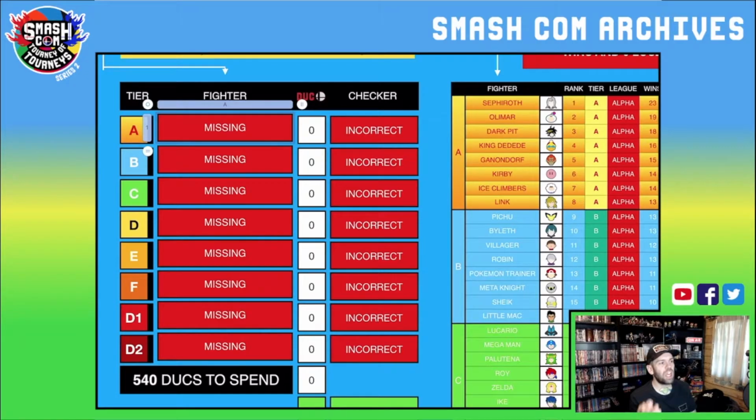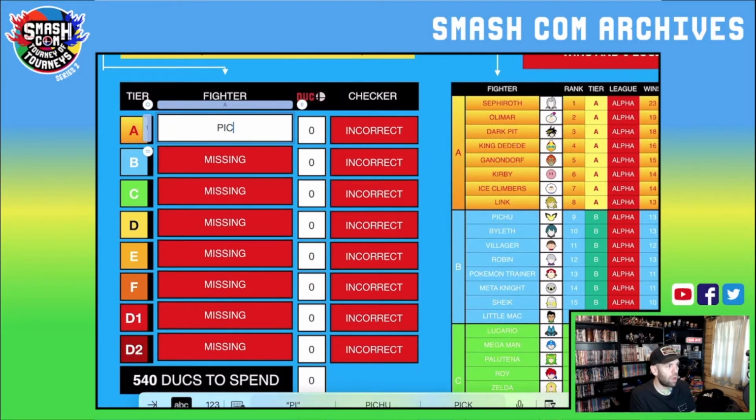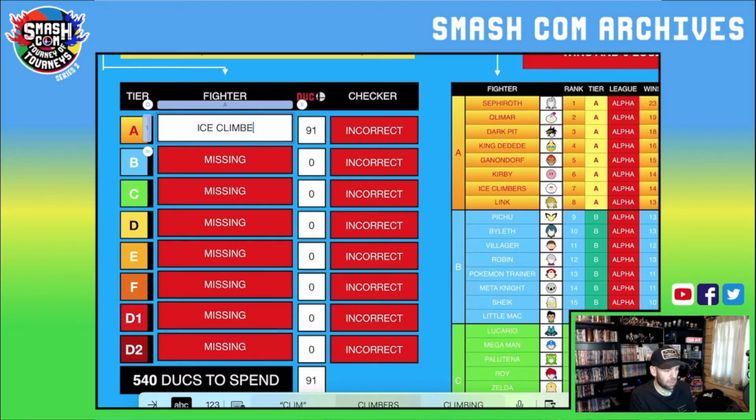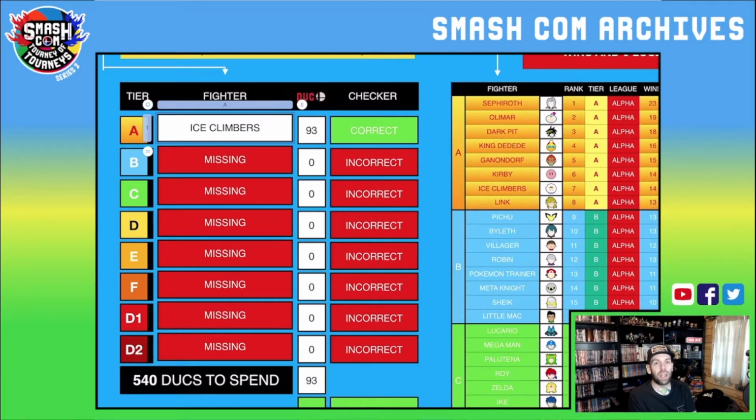So we're going to start with tier A, which is the gold one to the right. Now if you type, for example, Pichu, who as we can see below tier A is in tier B, it will tell you that it is incorrect still, because you picked from a wrong tier. So you have to make sure that you pick from the A. So we're going to put in my wife's team. The Ice Climbers, obviously. Now once you've finished typing, you can press enter or click away as you always do,